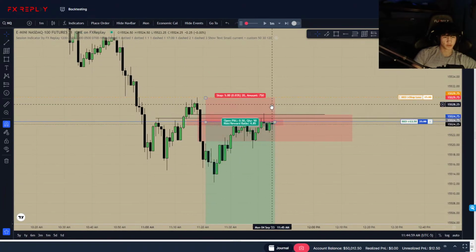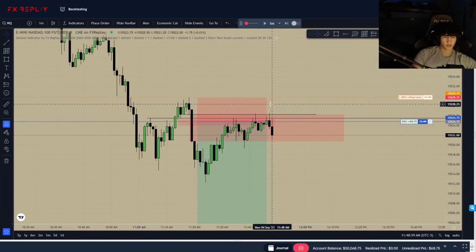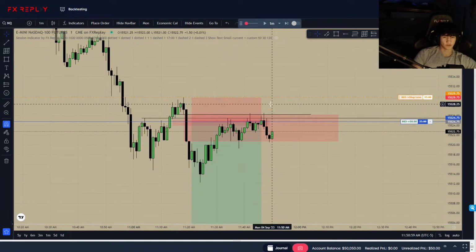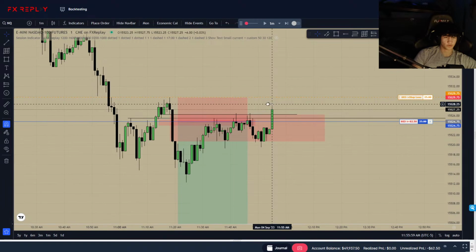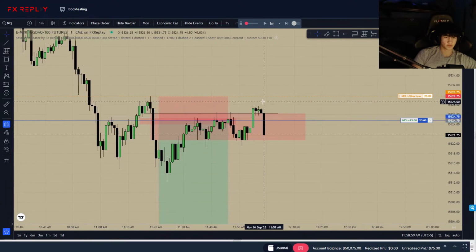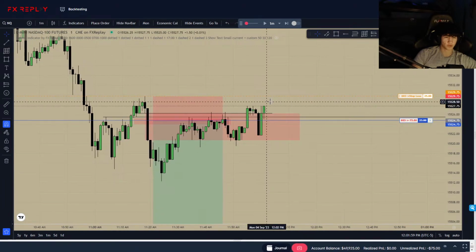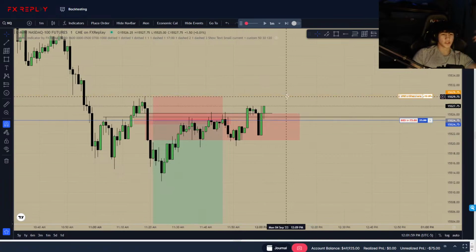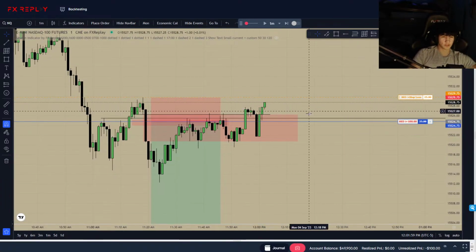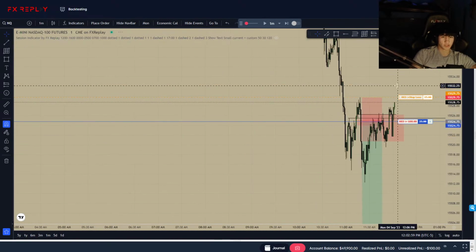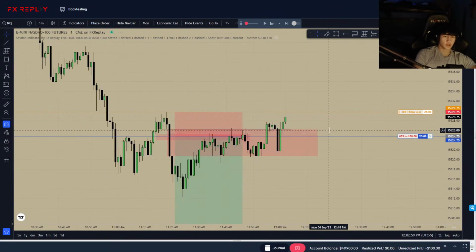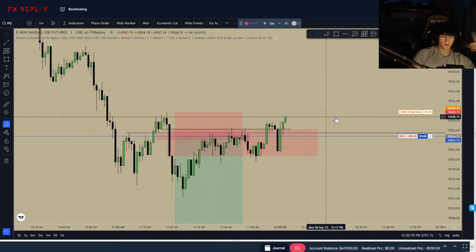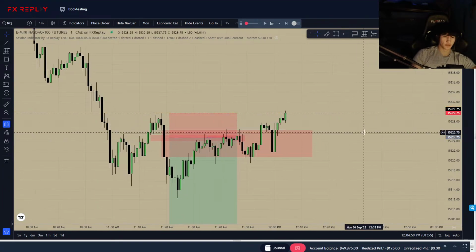But push lower. Also, when we get a little bit too close to lunch hour, I just want to take some off, or just de-risk in profit. So let's see. Right here, I don't really like it anymore, but we're gonna hold through it, even if we get stopped out, because we're not really gonna paper hand this anymore. Moving to the lunch macro, I just want to take it off here. I would just straight up accept losses, take it out, because we're most likely gonna run up, take out this high, do something weird, and then continue pushing lower, because that's just what a time distortion during lunch does, which I'm okay with. And we're out of the trade.